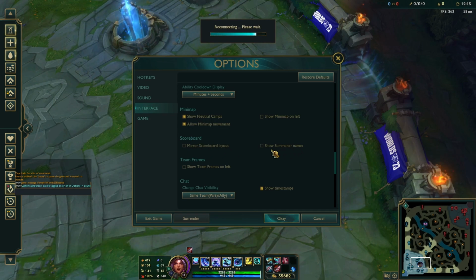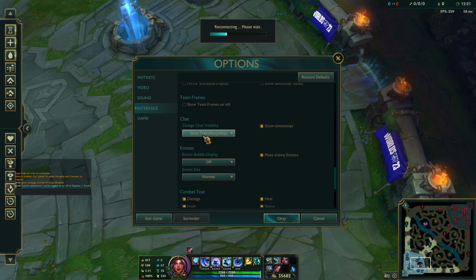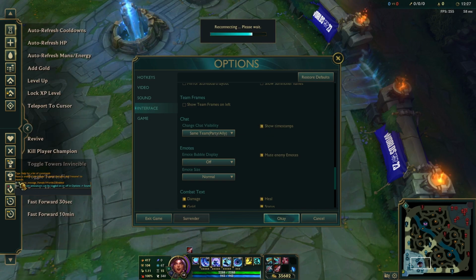Show summoner spells, make sure that this is turned off. Show team frames on left, make sure that this is turned off. Chat, it's up to you, but I personally prefer party ally chat. Show timestamps, really important. It shows little dates on the